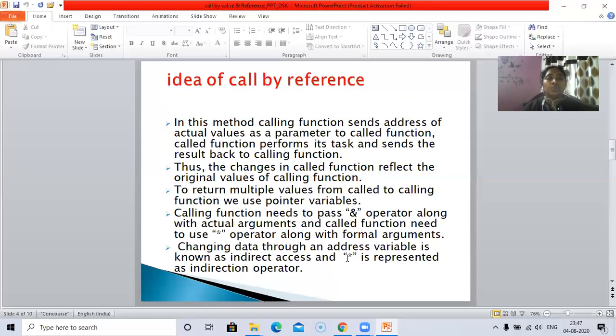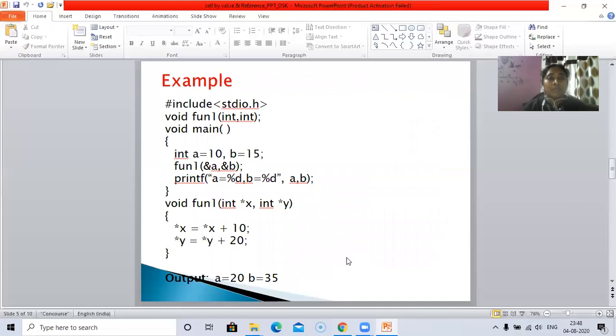Changing data through an address variable is known as indirect access, and asterisk is called the indirection operator or dereference operator. Now, this is an example of call by reference or pass by reference. Here, we took the same example which we have seen in call by value or pass by value. There are two parameters which are to be passed from the main function to the called function.